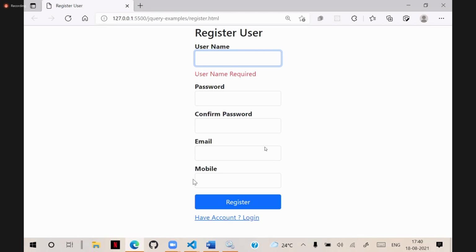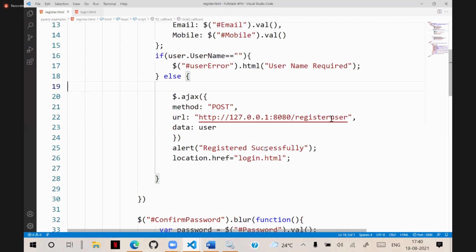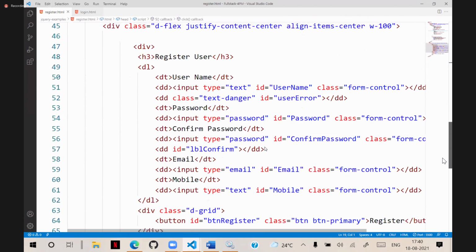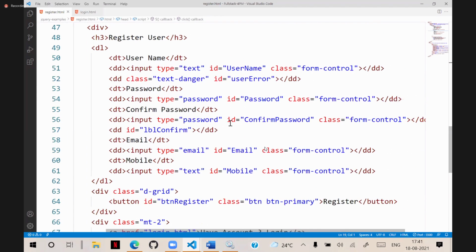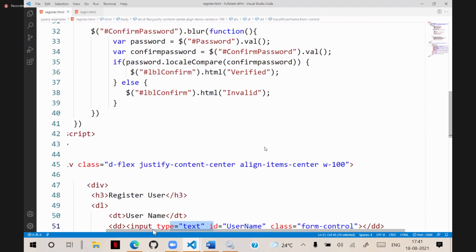That means while typing that username, I need to verify. So when the user is typing, get the user information, observe carefully here. On this username field, while they are typing, I will write a logic here.